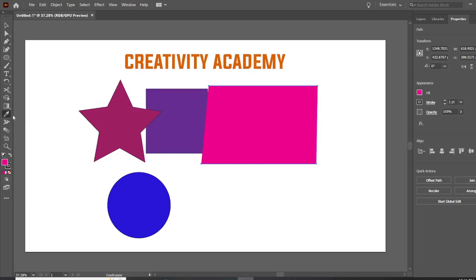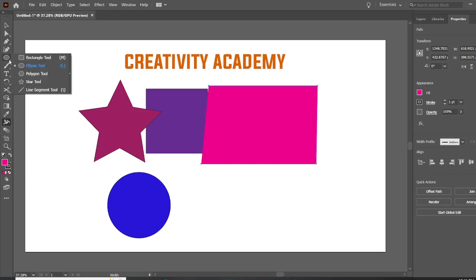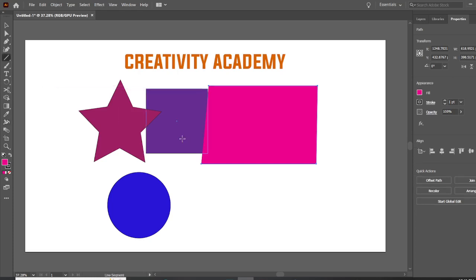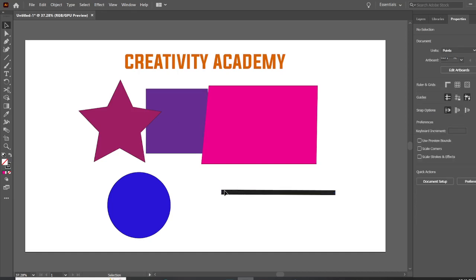Okay, so how the width tool actually works, let me just come to the line segment tool and use this as an example. Let me just draw a line like so. Let me increase the stroke width, give it a thicker stroke. So let me come over here. So as you can see,